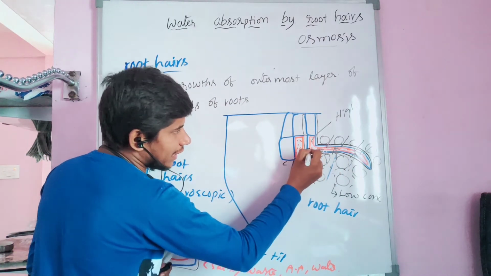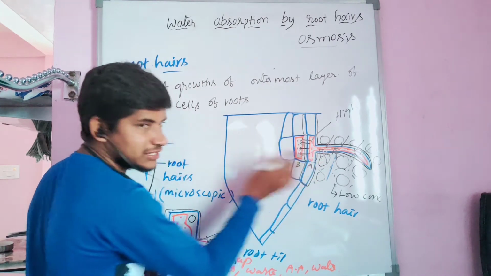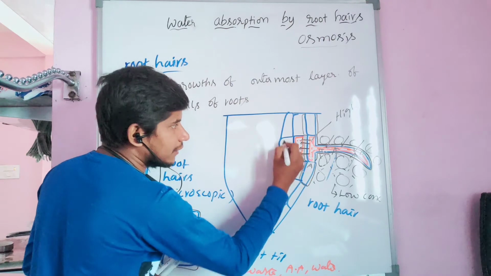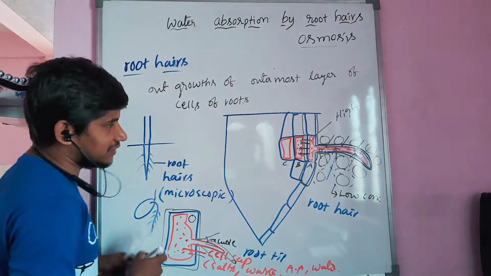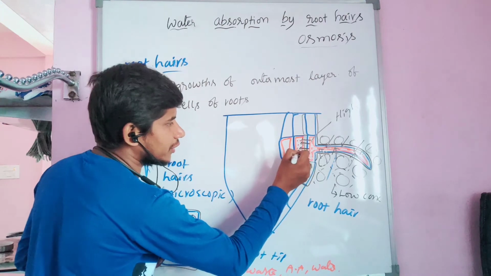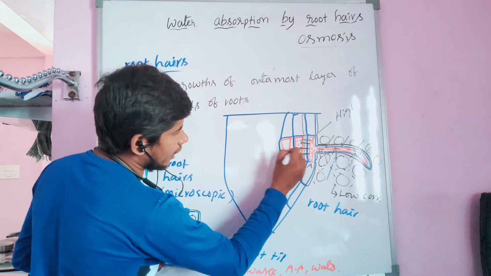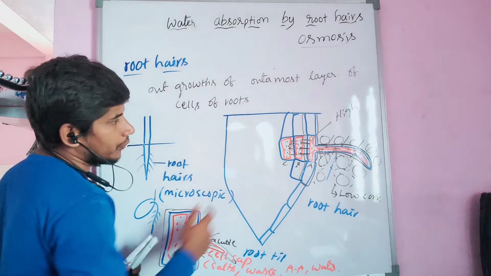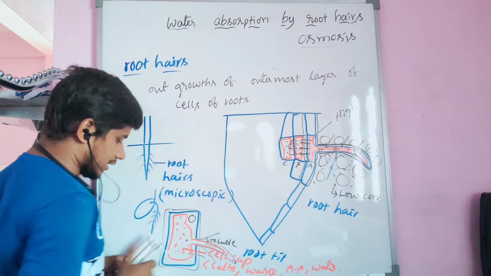Now from here onwards again, from that A, the water is absorbed into that B cell, that means the neighboring cell, by the same process, osmosis. As more water is absorbing into the B cell, again the B cell becomes diluted when you compare with that neighboring cell, that is C. So what process takes place here? Again osmosis. Again from B, the water is absorbed. Now the cell sap of C cell is diluted when you compare with the neighboring cell. Like that the water is absorbed from one cell to another cell and towards the center of the root.